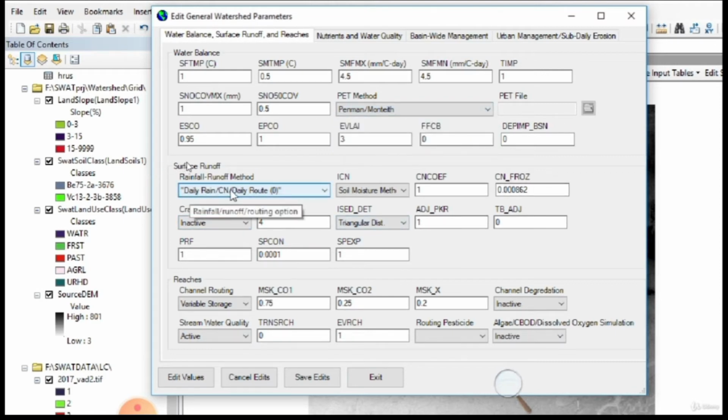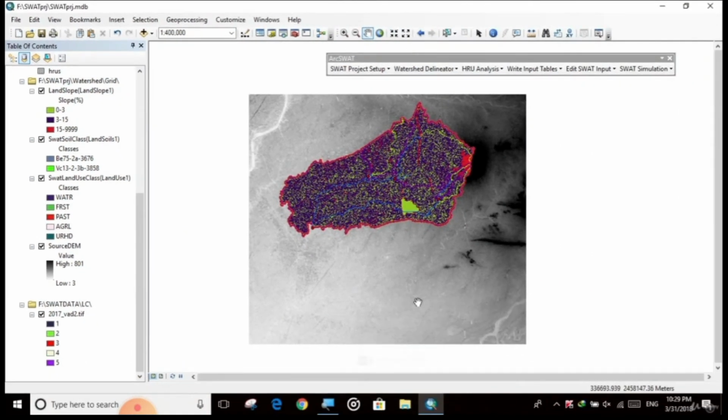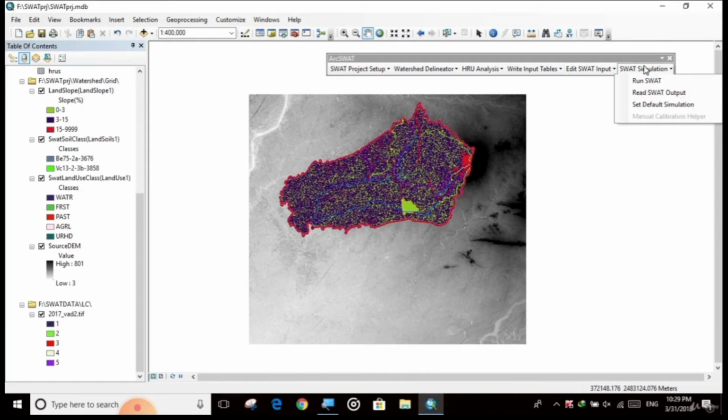And here is the runoff modeling method, channel routing 0, channel routing 1, sub-daily, and CN method, soil moisture method, plant evapotranspiration method. But we accept whichever is the default here, and we do not change anything here, and I click exit. So these are the few values. If you want, you can change them, but here nothing more needs to be changed. We can move on to the SWAT simulation. In our next video, we will set up a simulation for SWAT.